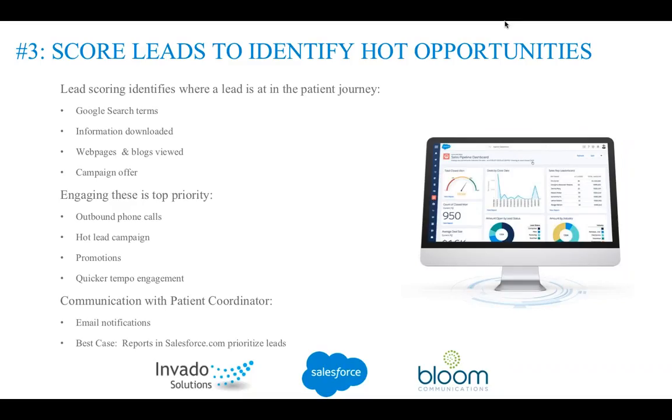So now the question is, once we're segmenting and we have these leads coming in, tip number 3 is really looking at using lead scoring to identify which opportunities are ready to buy, which ones are ready to work with you, and which ones may not be. What we're going to do is use criteria that we mentioned in the segmentation, such as everything from Google search terms. We're able to track organic search terms that people are using to get to your site. If you're putting a lot of money into SEO, you want to know which ones are working and which ones aren't. We're going to actually tie that and link that to an individual. That someone came in and looked for Botox services. Well, that's great, because we're going to score them higher, and we know that they're probably going to buy in a shorter amount of time.